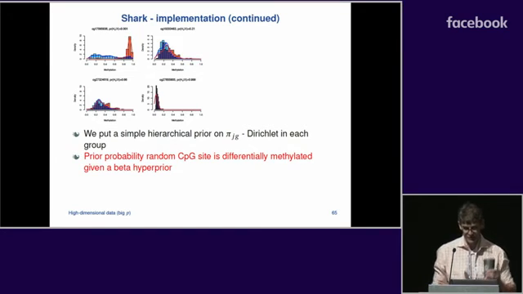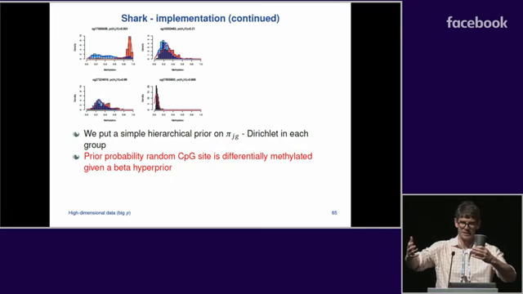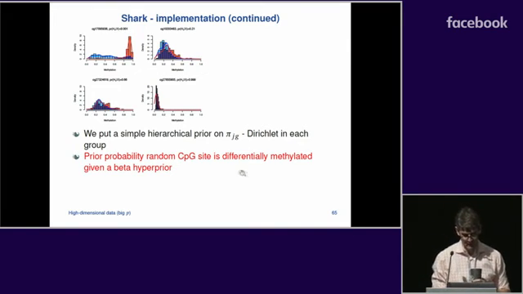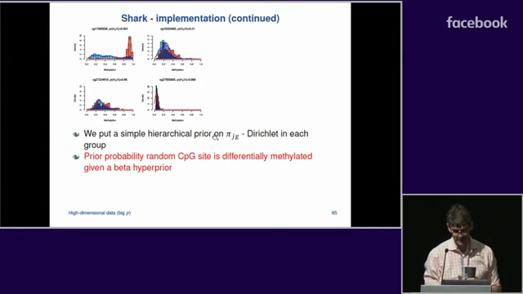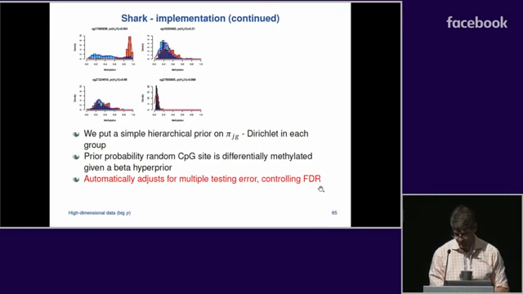So here we have two different possibilities at each site, for the two different cancer subtype groups. They either have the same distribution of methylation, or they have a different distribution of methylation. We'd like to identify the sites that are differentially methylated. Okay, and that's a multiple hypothesis testing problem. So we're going to put Dirichlet priors on each of these probability vectors within this hypothesis testing problem, and it's going to be automatically adjusting for multiple testing error,